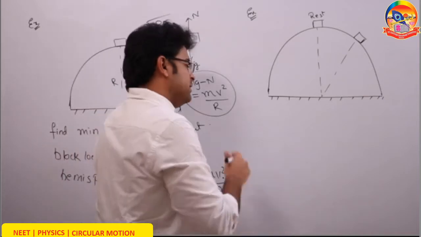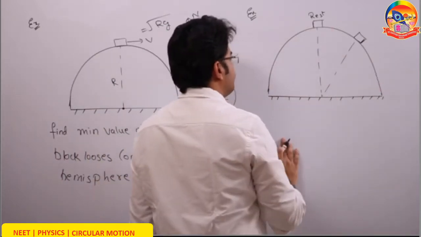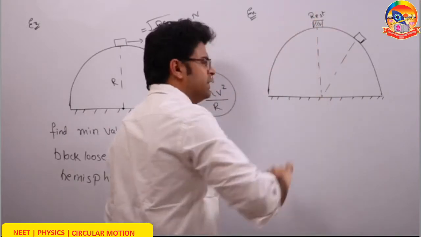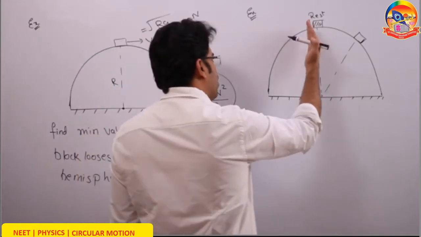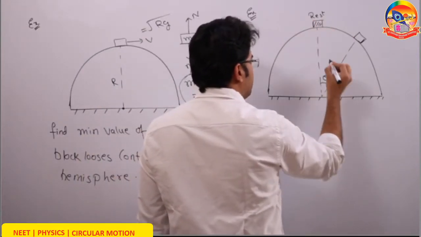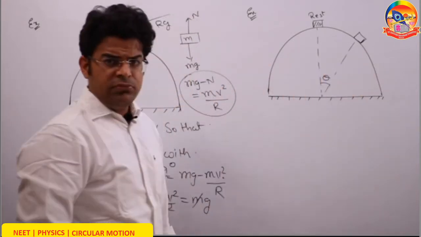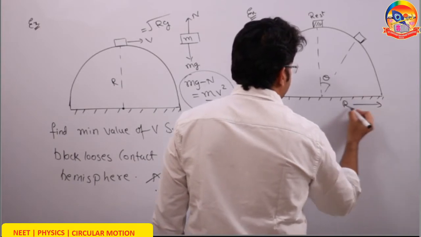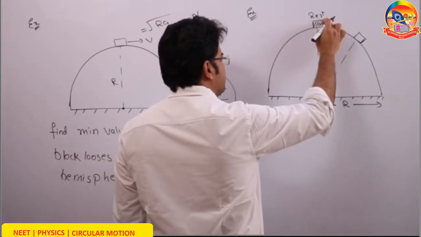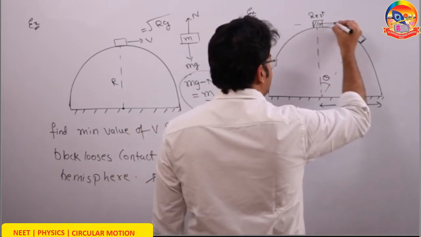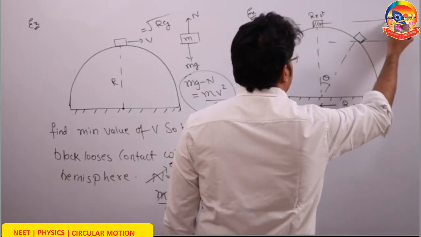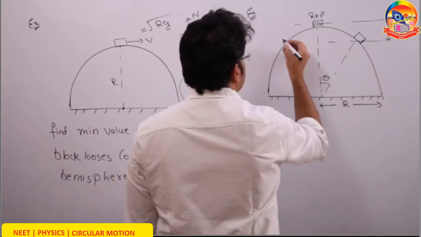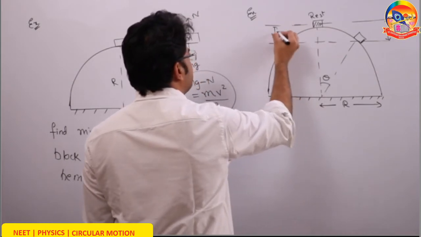Next question, same type of question. There is a hemispherical dome, a frictionless dome. At the top, you have placed a block and released it from rest. Question is, after how much angular displacement will the block lose contact with the dome? So now how to solve? Let's say this dome has a radius r, and let's say here the block is at rest. After descending through some height, the block will gain some velocity. Let's say the velocity gained by this block after descending through a height h is v.